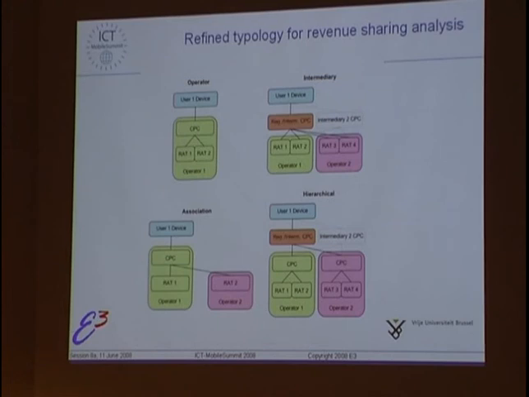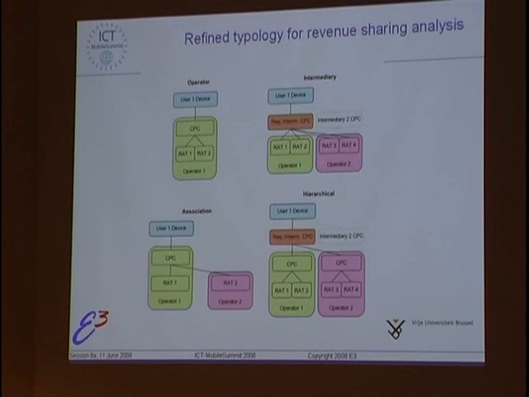Now, for what we did here, what we did first was to extend the typology to 4 types. Basically because during talks with operators it became clear that the operator model in itself has a very interesting variant, which is the association model, which might have impacts on the business model. The association model basically being the operator, like I said, having a CPC, but also allowing a number of other smaller or complementary operators to broadcast, to advertise their radio access technologies onto that same CPC, so as to create some kind of MVNO system for the advertisement of radio access technologies.